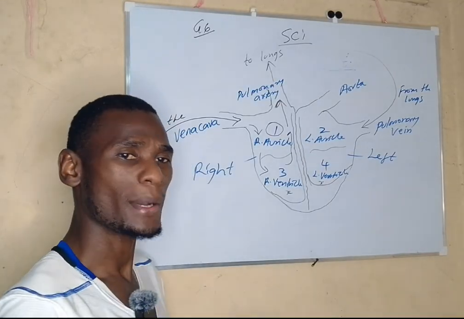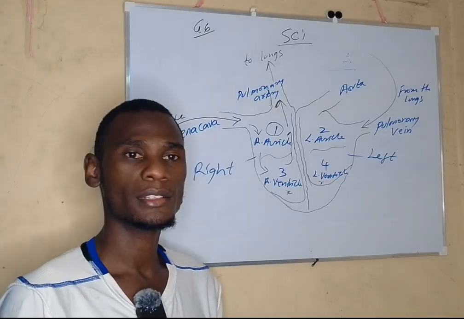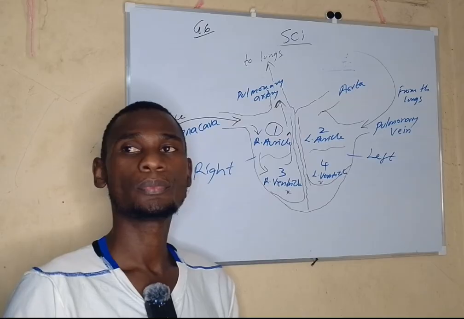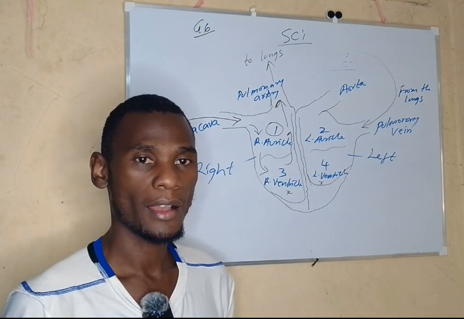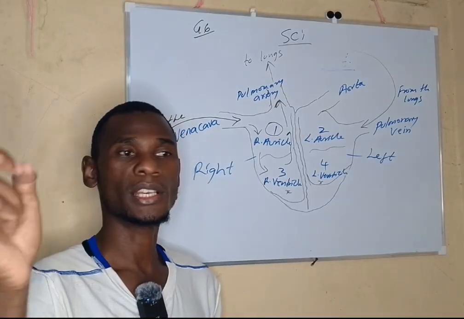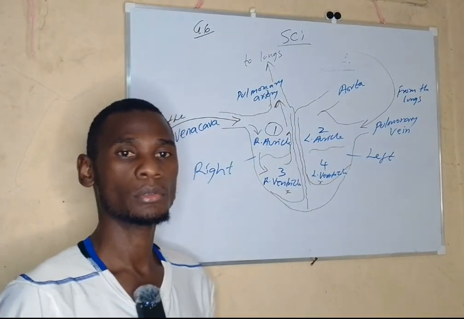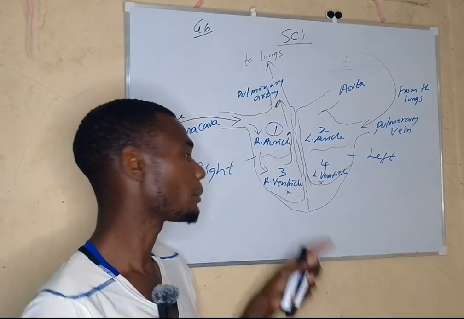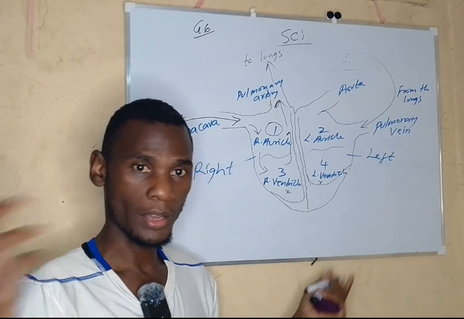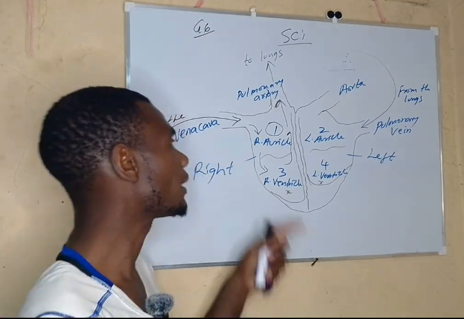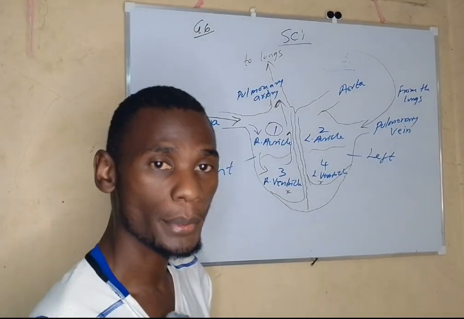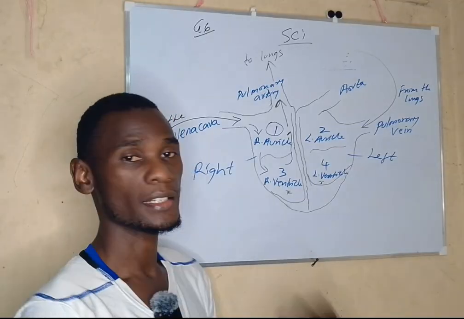Remember this, there must be pumping. It's like you want to supply water in the house. You have different rooms. That water cannot go into those rooms if you don't have a pump. So you need a pump to pump that water to the kitchen, to the garden, to the other house. That pump is what this heart is doing. For that blood to reach my head, my toe, my hands, and all over, it must be pumped. The lungs do not pump. What pumps is the heart. So it must come here.